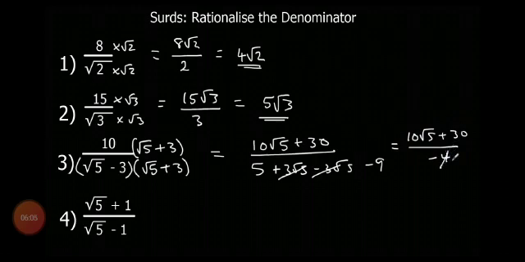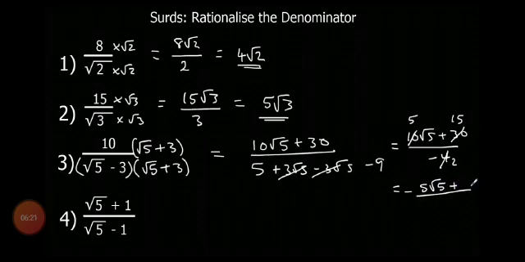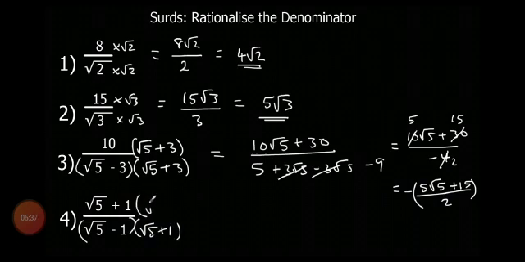Now if you want, take 10 common, and then divide by 4. And the second way, if 10 and 30 are both divisible by 4, then at once we will divide, and finally we will get 5 into under root 5 plus 15 by negative 2. Here we have cancelled 10 and 30 both by 4. Only in this case it is possible. If only 10 is divisible by 4, then we can't divide before taking common.